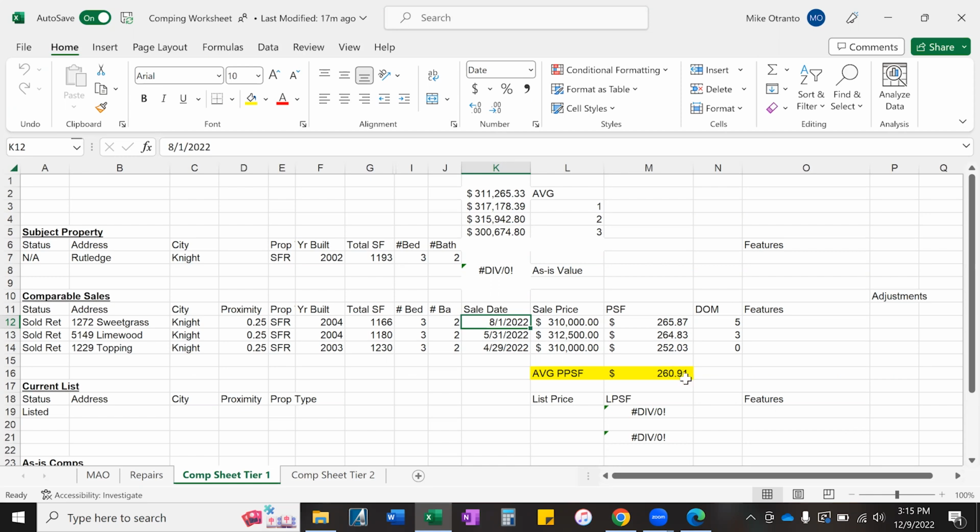Now, the reason why I reduce it to price per square foot is to adjust for size. So the house that I owned here is 1,193 square feet. Obviously, a house that's 1,230 square feet, or 50 square feet bigger, would sell for more money. So to compensate for that, you reduce it to a per square foot basis. Now, the average price that you see up here